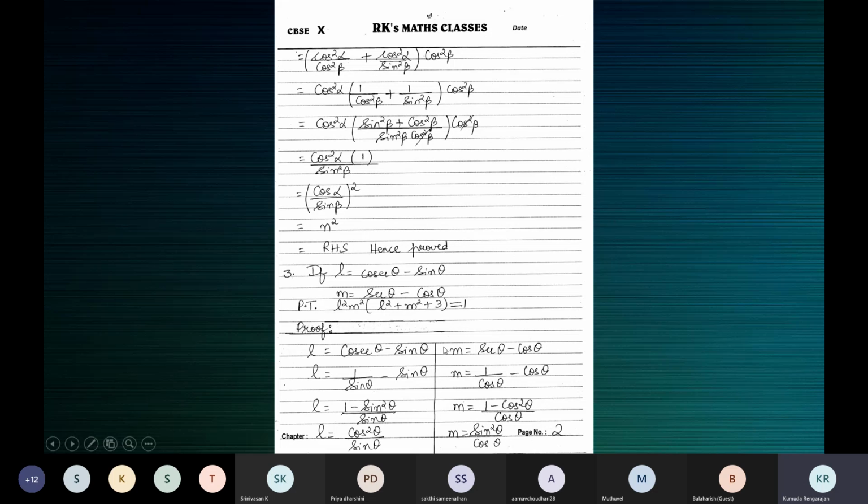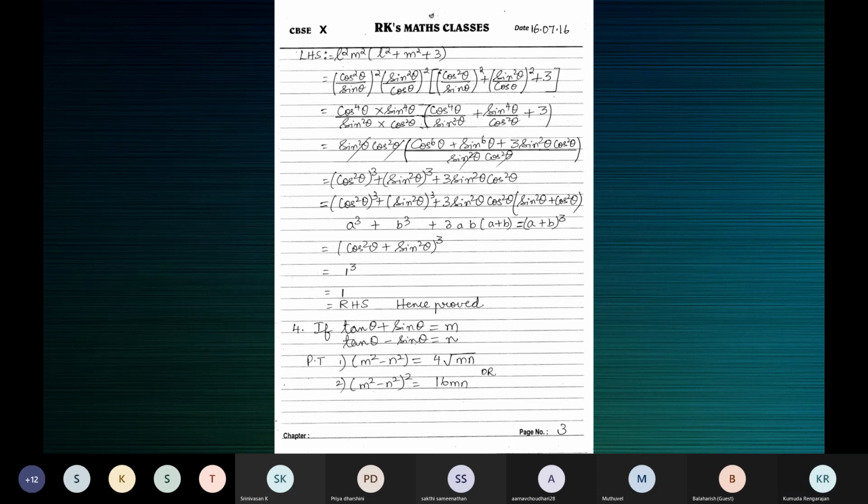Instead of substituting and then simplifying, it's better. Now this expression L is cosecant minus sine. So since cosecant theta can be written as 1 by sine theta, some simplification is possible. So do that simplification and then substitute is what I said. You can also do it without that. We'll see it here. So what if you don't simplify? It's still fine. You simplify, good. You don't simplify, you will be doing it after substituting. That's also fine. So you're given m and n, and this is what you'll have to prove.